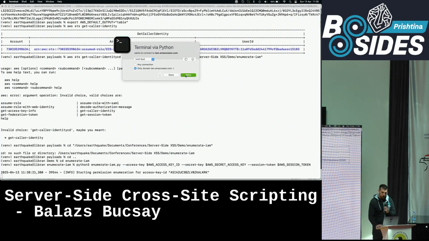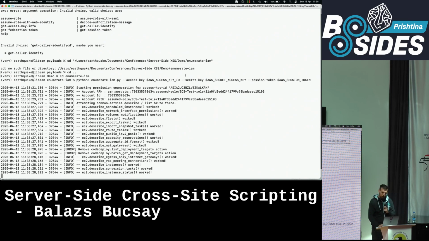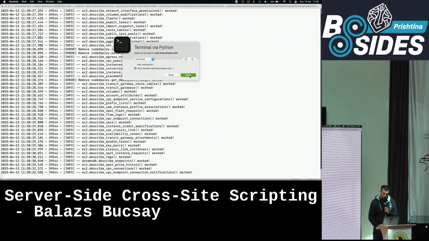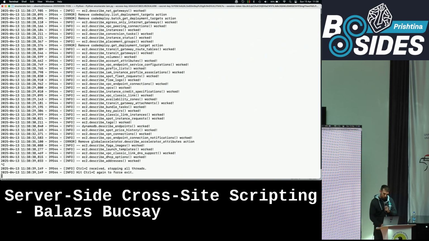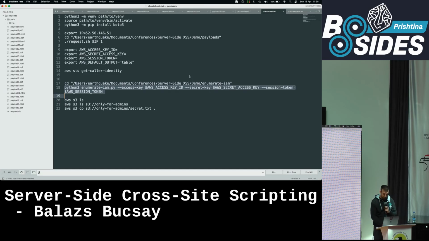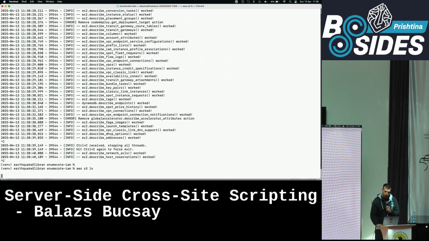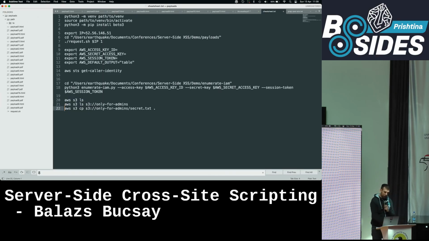So there is this really cool tool that you can use to enumerate your credentials and your roles and policies in AWS. You can see that basically I have access to everything. Including S3, so I can read the buckets, I can list the buckets, I can create new buckets, download files and everything. There is only one bucket here, which is called only for admins. We are definitely not admins by default, but with these credentials we are.